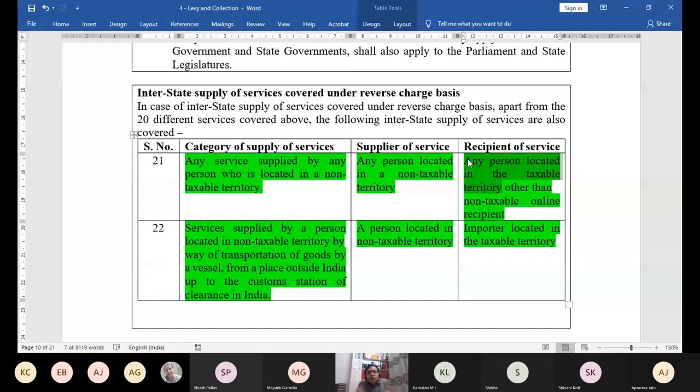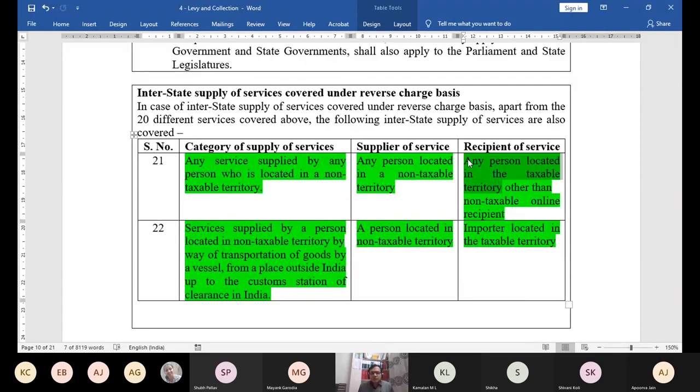Why? Because we cannot put the obligation on John to pay GST. In that case, no one will pay the GST, and the government will lose the revenue. That is why normally in RCM, those cases are covered where there is a possibility that tax could not be collected, or where applying forward charge would be an administrative issue. Like in the case of an insurance company, rather than tracing 10,000 or 10 lakh agents, trace one company itself. So it is easy in that case. For the purpose of administration and avoiding tax avoidance, RCM cases are there. Otherwise, the government is not happy to bring things under RCM.